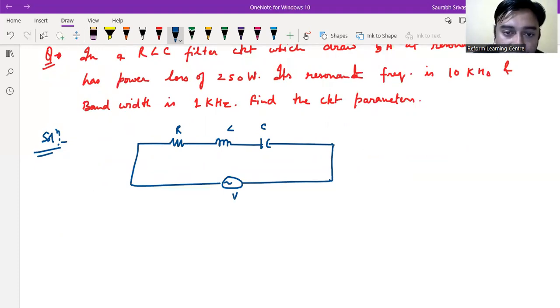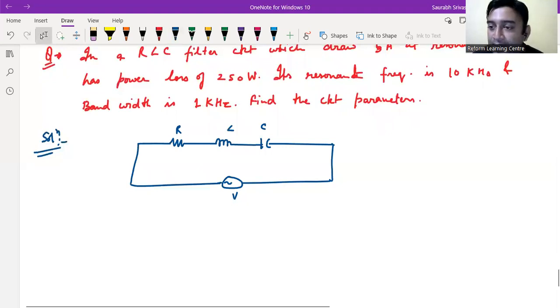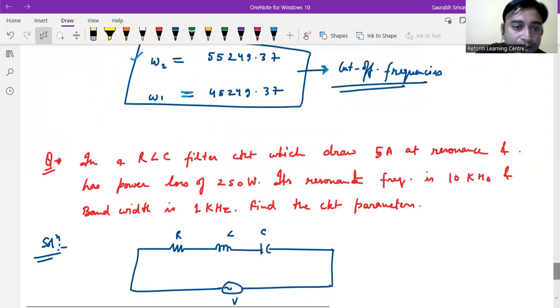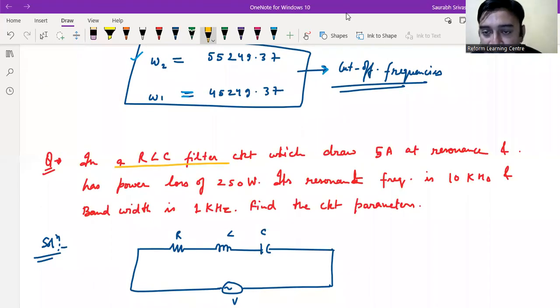यहाँ पे एक पॉइंट नोट करने वाला भी है. We have not mentioned the connection of circuit. It is only given we have a series RLC filter. It is not provided whether it is series circuit or parallel circuit. Right? Now, if it is not mentioned, you will always consider it to be a series circuit. मेंशन नहीं किया है तो आप हमेशा सीरीज सर्किट मानेंगे उसको।